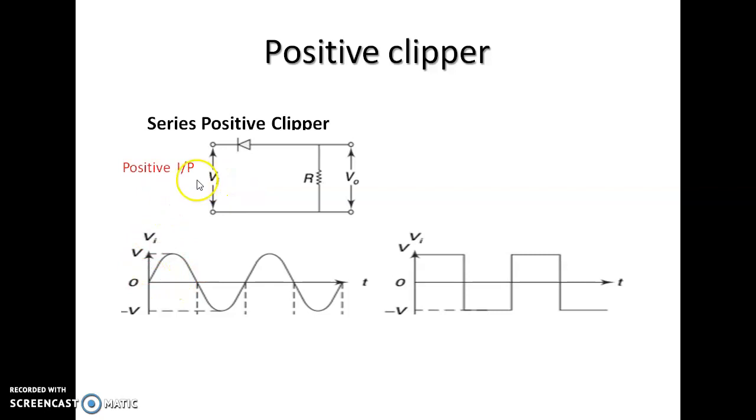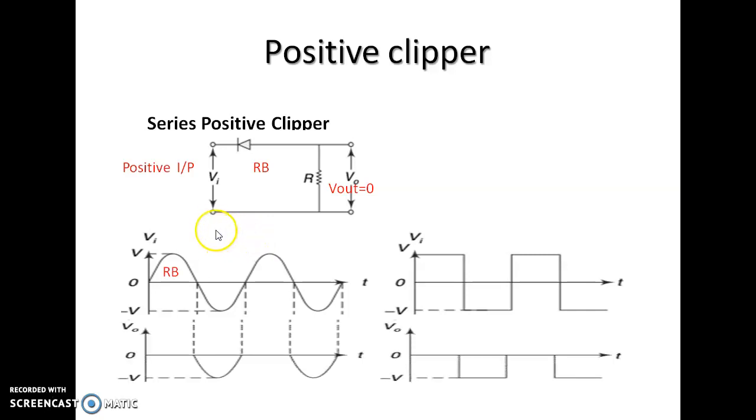If a positive input is applied to this circuit, that is the positive input is applied to cathode of this diode, the diode remains reverse biased and it is equivalent to an open circuit, and the input is not connected to the output and hence the output is equal to 0. And when a negative cycle has been applied, then a negative voltage has been applied to the cathode of this diode, then it becomes forward biased. The input gets connected with the output and hence we obtain V out equal to V in.